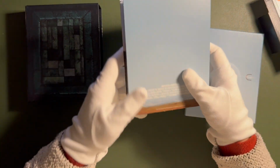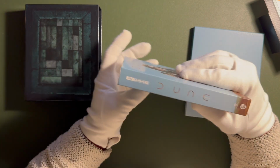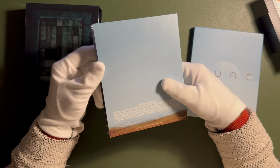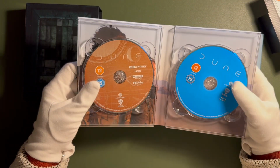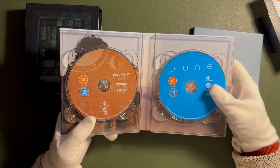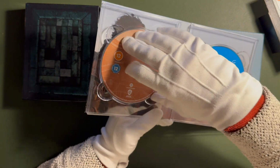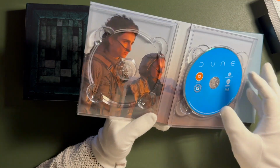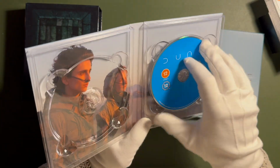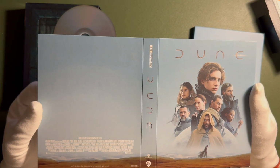Okay, so what is actually quite new when it comes to that edition is that it didn't have a steelbook inside, it didn't have a standard plastic case, but it came with a digipack, of all things, a digipack. So we get the discs housed in this digipack like so. Here's the normal disc, 100 gigabytes, and the Blu-ray discs, 50 gigabytes, and here's the inner artwork. So yeah, it came with a digipack,